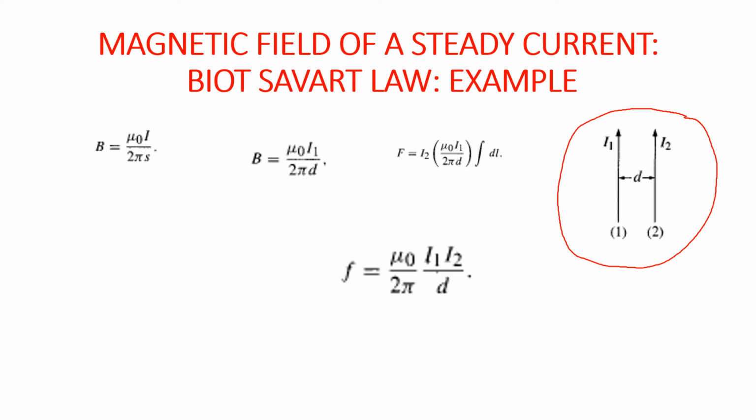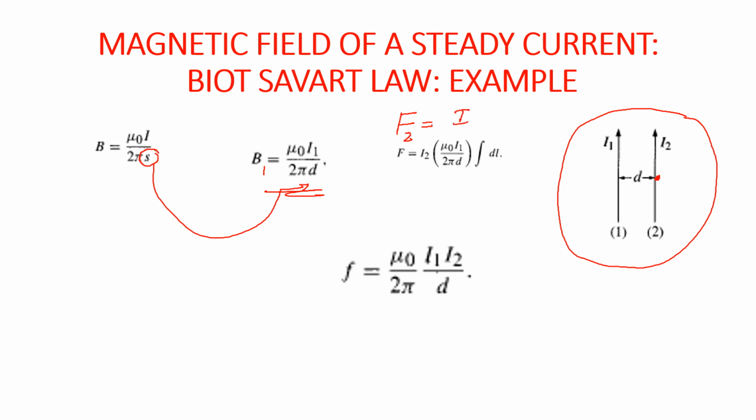If you need to find the magnetic force between these two current carrying wires, first of all, I1 produces a magnetic field at the place of I2, and that is given by B1 equal to mu 0 I1 by 2 pi d. It was S when we proved it, but here the distance we selected is d, that is why it is replaced by d. Due to this magnetic field, it experiences a force, and we know that the magnetic force experienced by the second conductor is given by